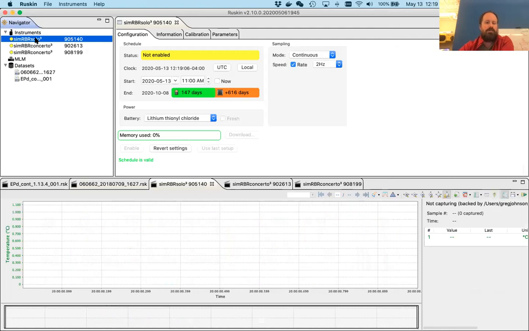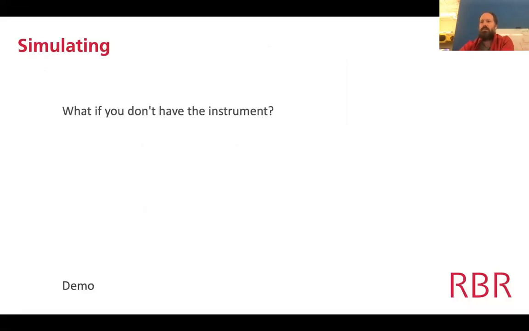So this is what happens when either you simulate an RBR Solo T or you attach it. The only difference here is that the simulated ones have the word sim prefixed to them so that you can differentiate. So in this right-hand side, we see the basic parameters that you need to use to set up the instrument. And this forms part of,